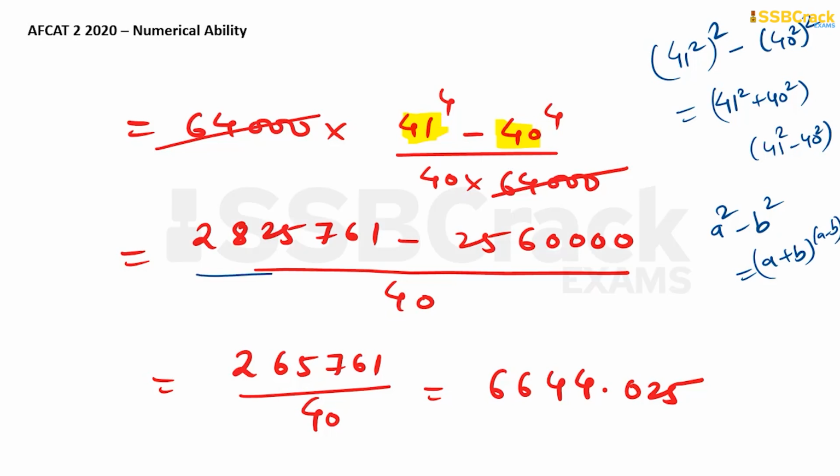Or if you are interested, go straightforward as I did: calculate 41 to the power 4, note down 40 to the power 4, because 4 to the power 4 is 256 multiplied by 10,000. Okay, so simple. So this will be, I feel, the easiest approach. Get the difference divided by 40, and you can easily check the compound interest amounts to 6644.025. All right, so let's come to the next question now,